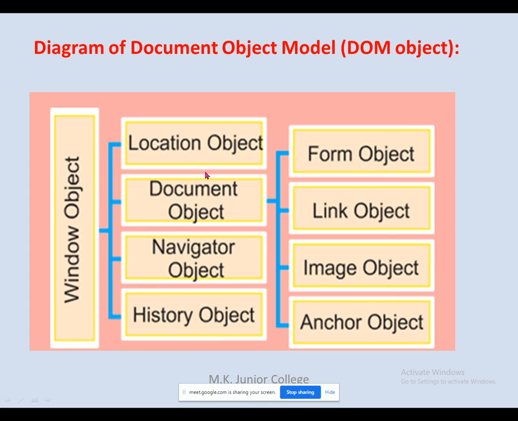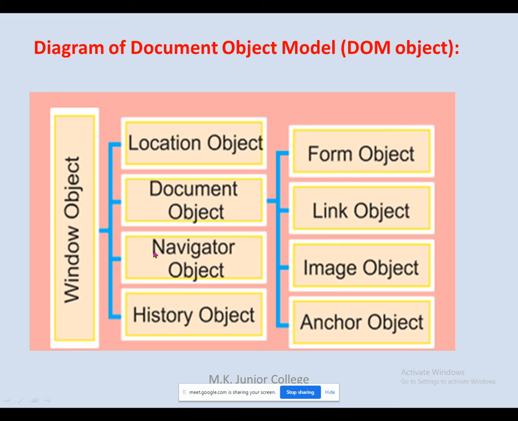So here you are actually working with a document object, which helps you to display your web page as per your requirement with the help of so many other objects. जैसे यहाँ पे form object आप use करते हो when you are using a form in your web page. Somewhere you are adding a link, so here the link object is there which helps you to manage that link. Here the image object is there to manage the image, and hyperlink and all.